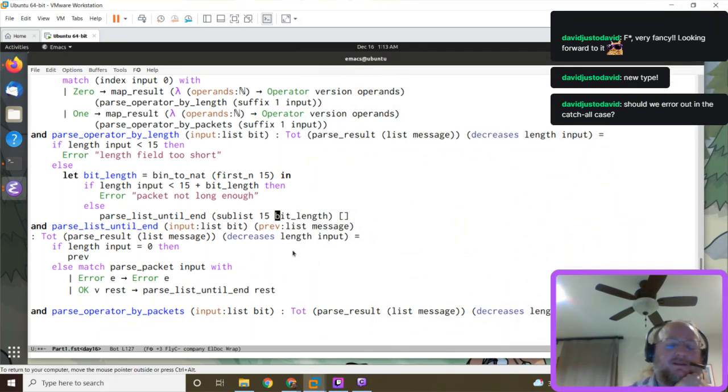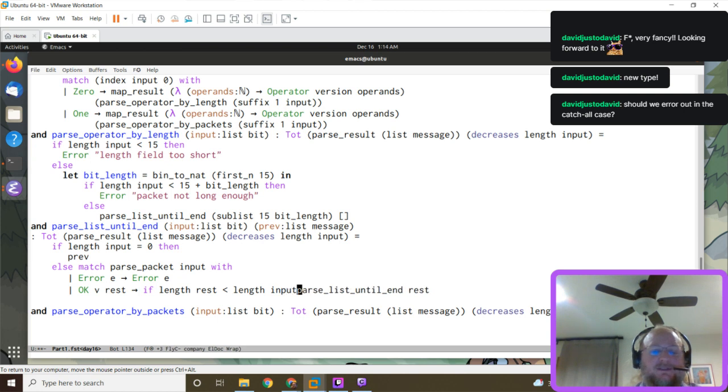What I'm tempted to do here instead is just write a utility function that checks that it is in fact smaller, and we return a parse error if it's not. All right, so it doesn't even need to be a utility error, but we could say if length of rest is less than length of input,